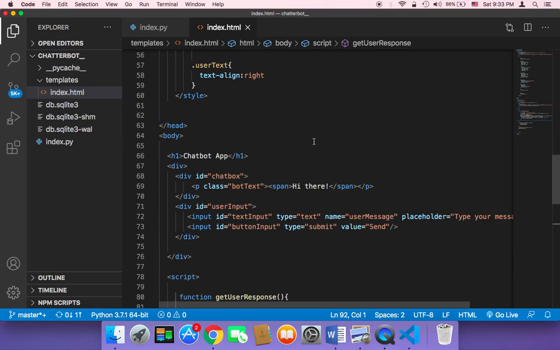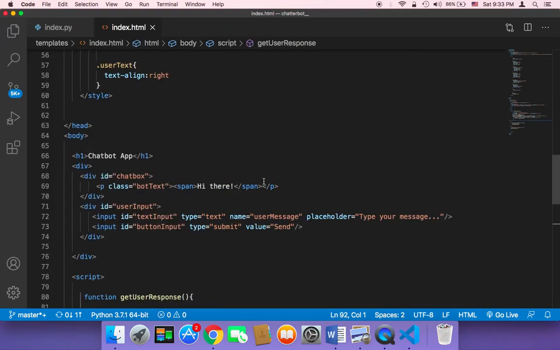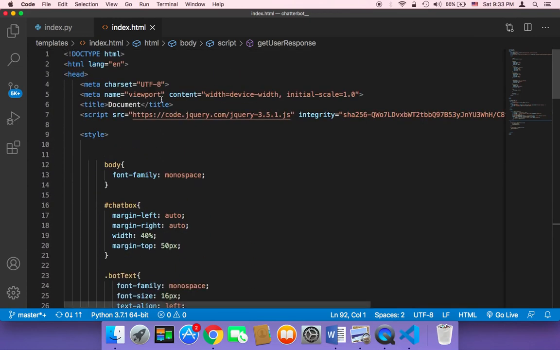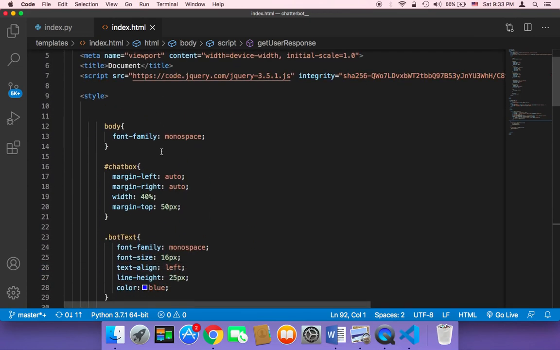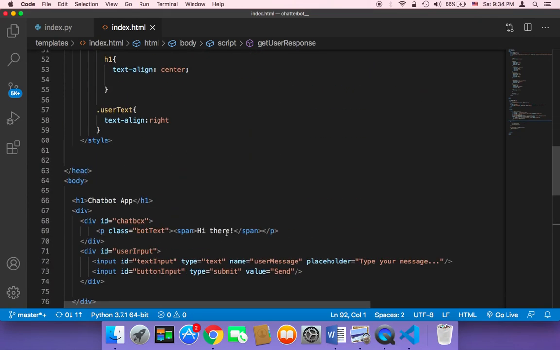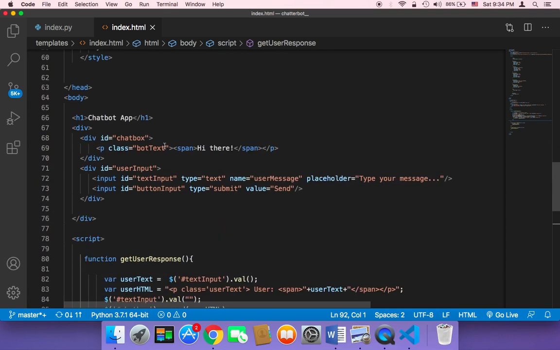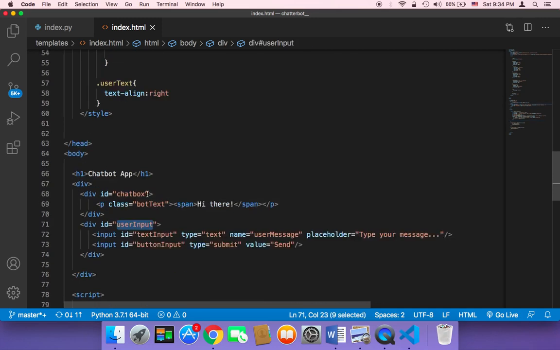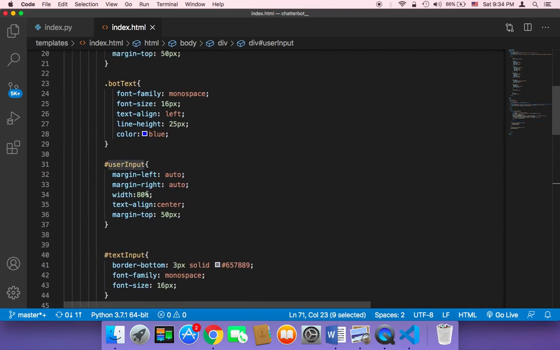So what else can you do? Well, you can work on the design here. I have given you this design, but of course you don't have to stick to it. You can tweak this design, or even apply your own design to this chatbot application page. For example, here we have this user input,